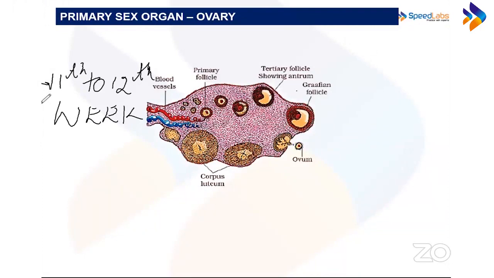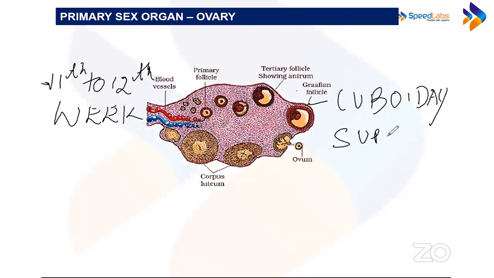इसको histology भी बोलते हैं when we see the internal structures. तो सबसे पहला तो surface epithelium, ये जो बाहर का है, this is germinal epithelium नहीं, अब उसको क्या बोलते हैं? We call it cuboidal, or we call it surface epithelium. So this is cuboidal or surface epithelium, and I have told you the reason, because the germinal epithelium does not give rise to the ova.